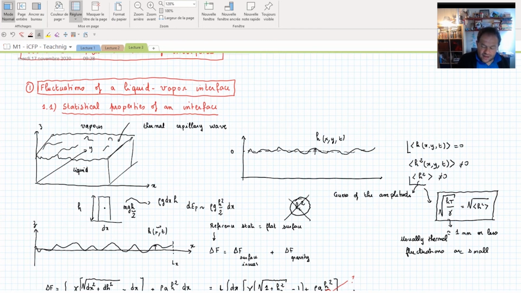And then we will jump to the other chapter. So this chapter on the thermal fluctuation of interfaces was pretty short, and we will deal with forces. We'll discuss osmotic forces. We will calculate the forces due to the charge and so on. Okay, and we will discuss again the techniques to measure the forces.